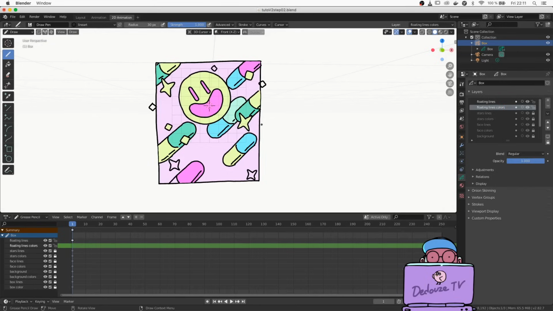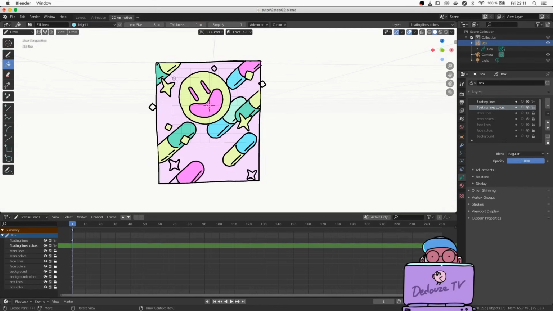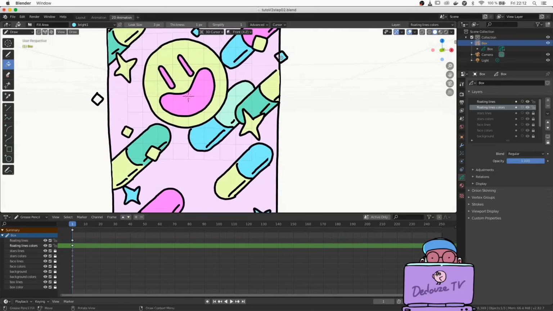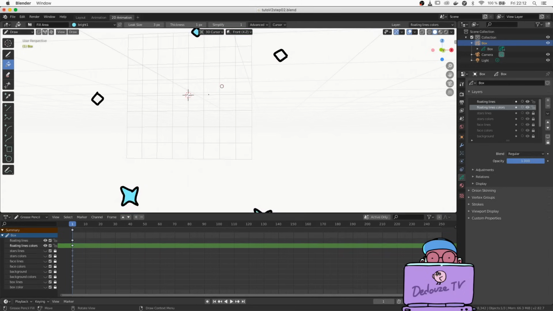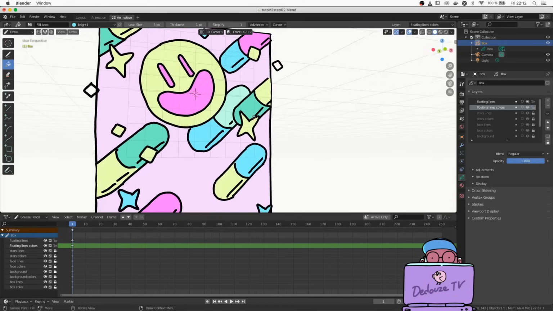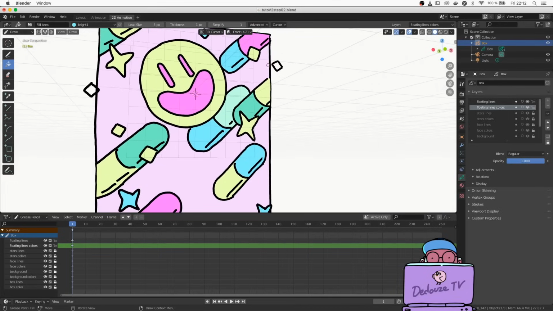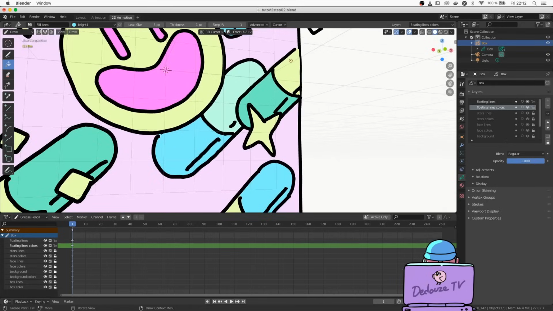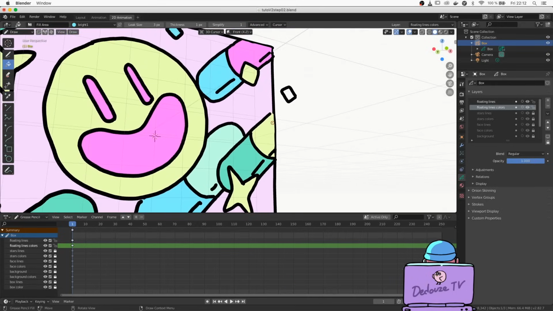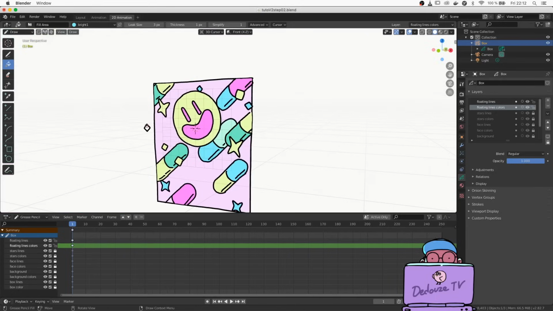Now to paint these lines, we must know that even if you are in a different place in space, all the lines in the grease pencil object are taken into consideration by the paint bucket tool, so we need to hide the other layers to paint here. Or we can try to rotate our camera to an angle where the shapes we want to paint don't have any other lines crossing behind them. Like here, for example, from this view, this cube is away from the other lines, so I can safely apply the paint bucket on it. We can do this for the other elements when possible, or just hide the other layers.